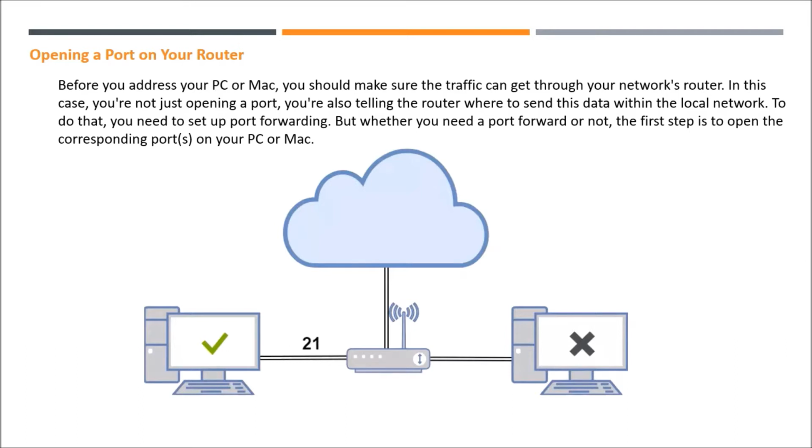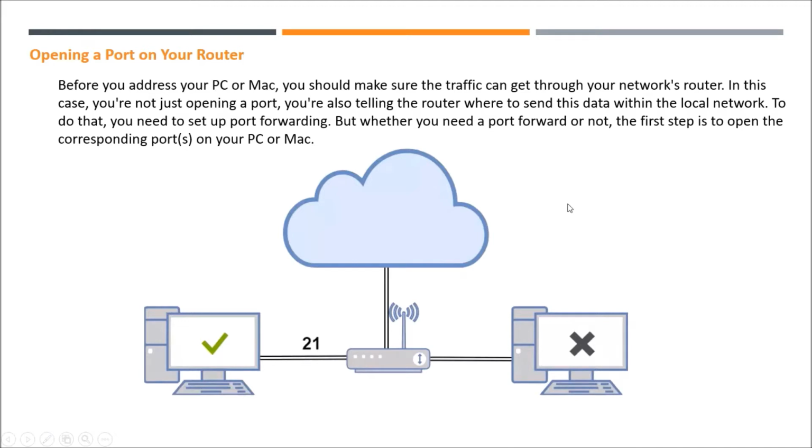You can easily see that we have two PCs, one having an FTP server with port 21 allowed on it. If any request comes from outside the network, and the router has that private IP forwarded, or we have allowed it in the port forwarding, then only the request will be served, else it will discard the request.